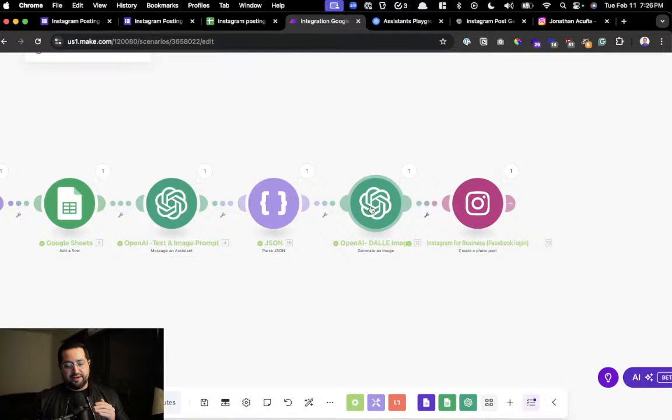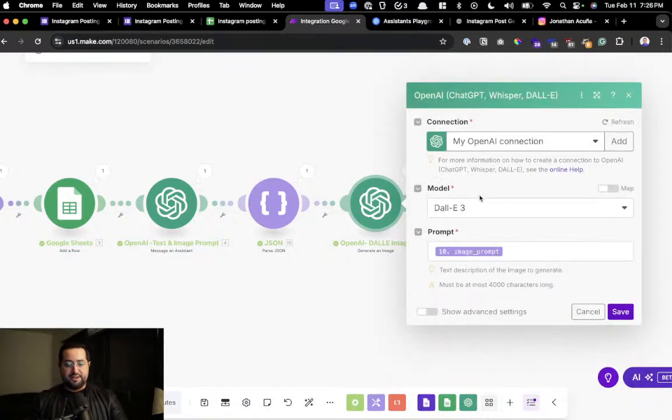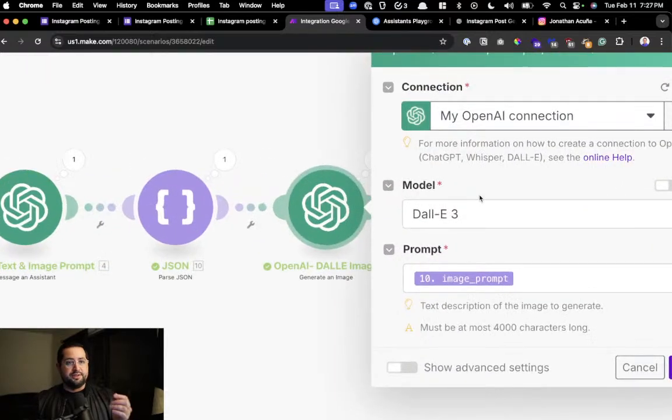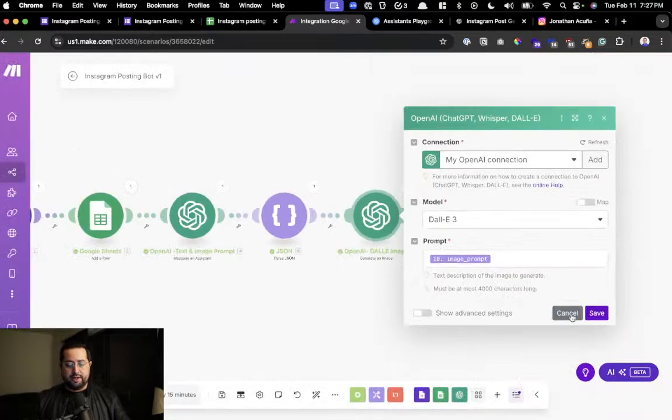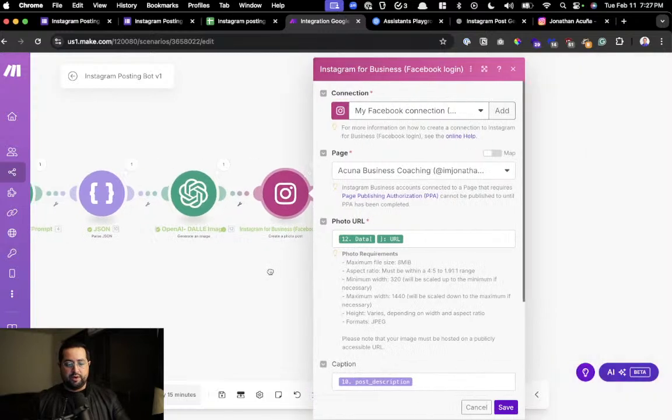Then we're going to hire our AI image generator, who's going to generate the images all for us. We're going to use OpenAI. Again, you can use different ones. We're going to use DALL-E. And here, from the JSON from the second part of our OpenAI, it's pulling in the image prompt variable there. Nice. And then lastly, we're going to stitch it all together with